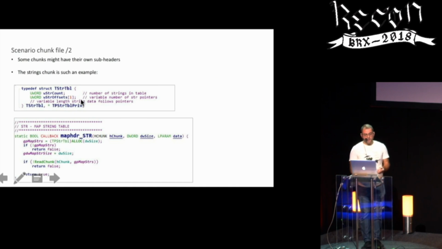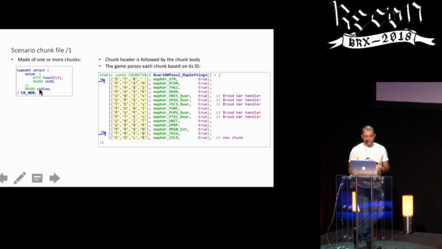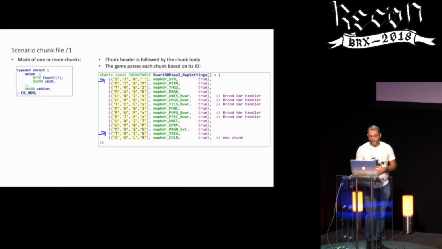Some chunks have subheaders within the chunk headers. The string table, for example, contains how many strings there are and where the offsets are, and after that header, there are the actual strings pointed to by the offsets, with the base at the chunk start. The code simply reads the whole chunk, so it doesn't really use the actual string table size, it counts on the chunk size. That means they can have fewer strings than the chunk allows, and they leverage this to add more logic, because the trigger section has a limit, so they expanded the limit by using caves inside the map file. The game doesn't even read the strings table to read more stuff, but this is how they